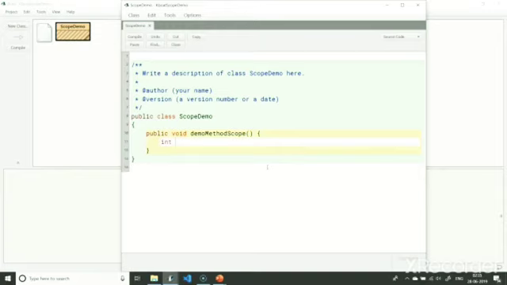I am declaring an int variable, localVariable1, and I will initialize it with a value of 10. I will add an if statement to create another scope.